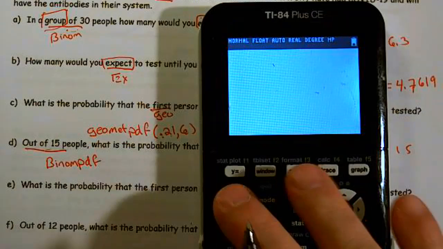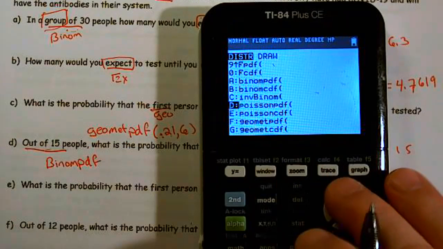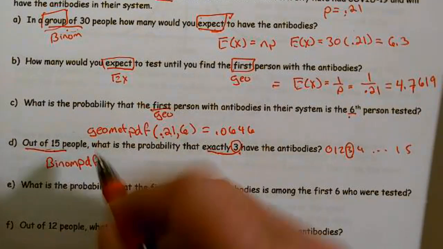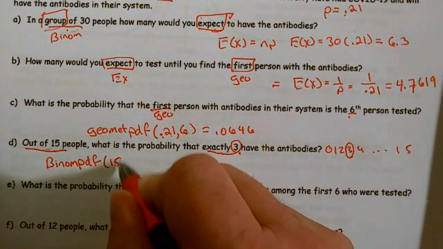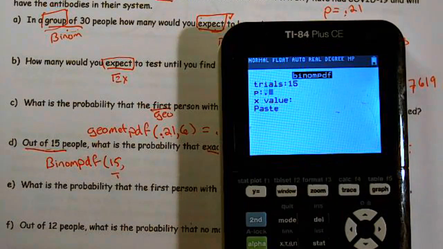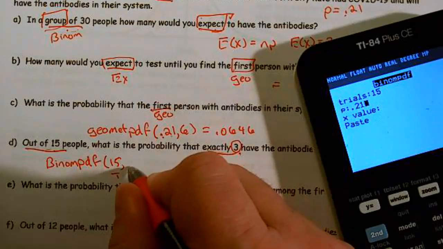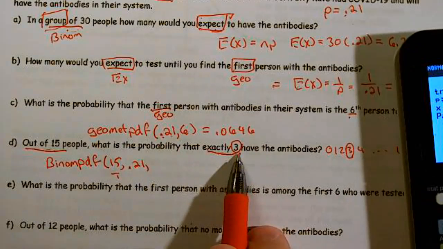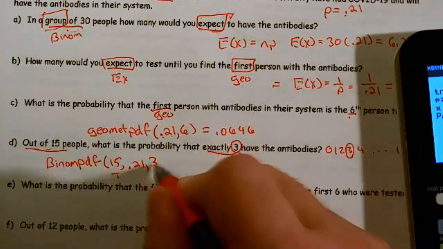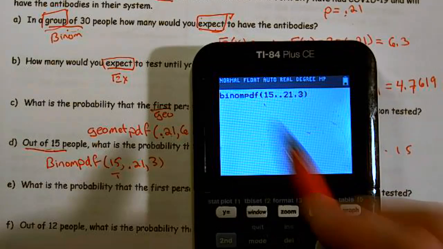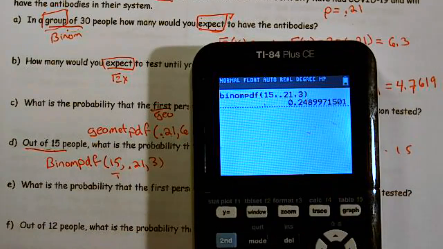And what does the calculator ask me for? Second vars, binomial PDF. It asked me for my trials. Oh, it was out of 15 people, so I have 15 trials. The next thing it asked me for was the probability, which we know is 0.21, so I need to get that down. And my x value, I want to have exactly 3. So this is what should be in the calculator. All right, and that's your work shown right there. Your worksheet should always look just like that. And I end up getting